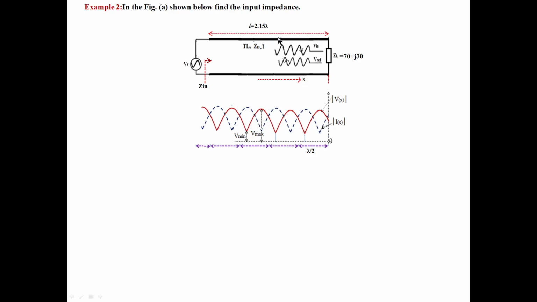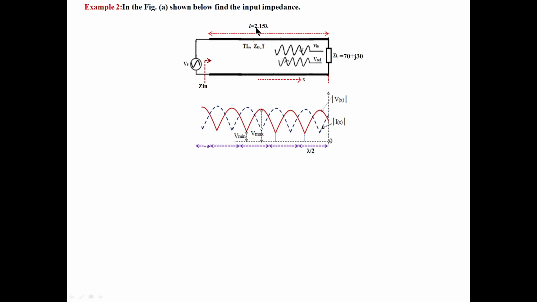I already told you how to measure the distance. You travel that much distance, stop, and draw a line to the center of the Smith chart. It cuts the VSWR circle somewhere. Note down the impedance at that particular position. That gives the impedance at that position. Like that, at any position you can measure the impedance. Like what is the input impedance of this line? Because the length of the line is 2.15 lambda. If you go on like this, you stop at a distance of 2.15 lambda. Measure the impedance.